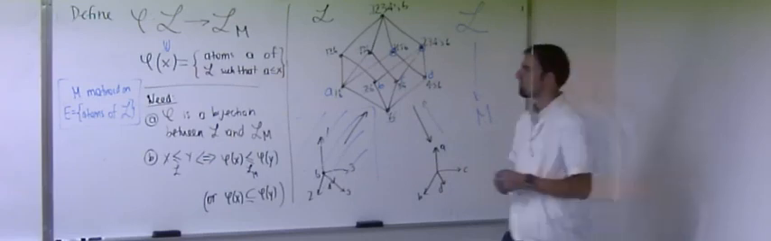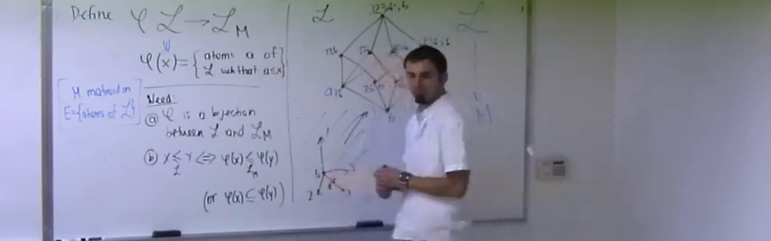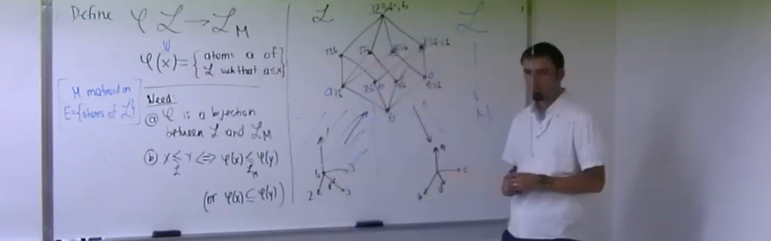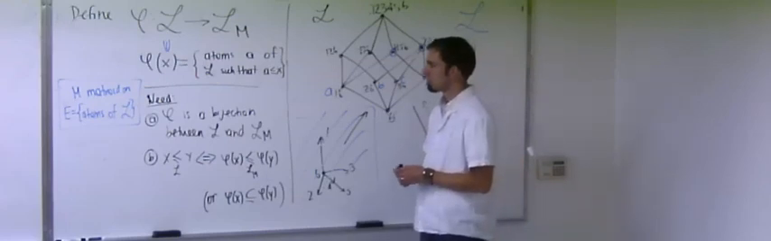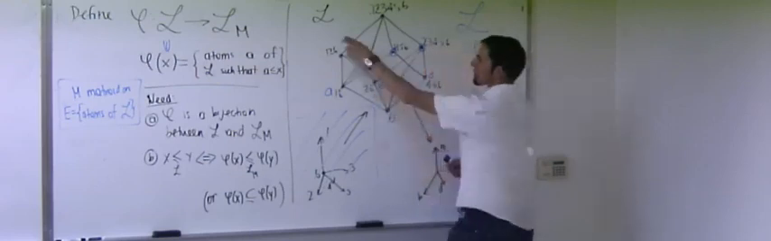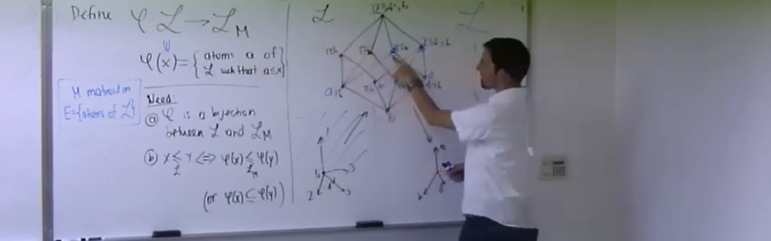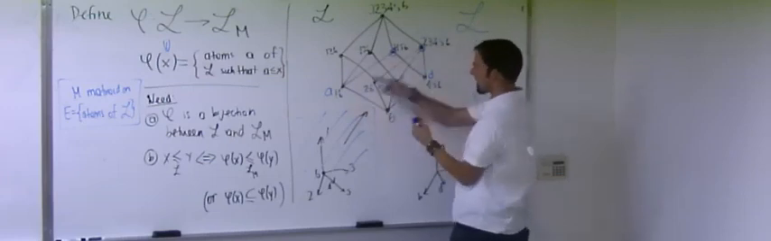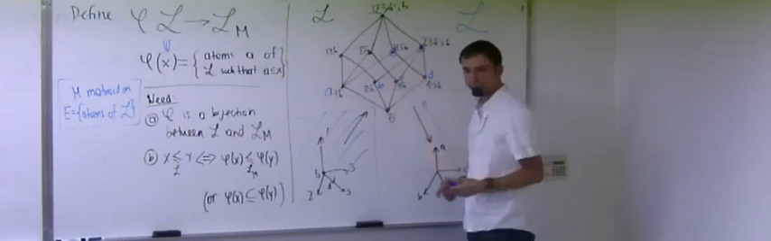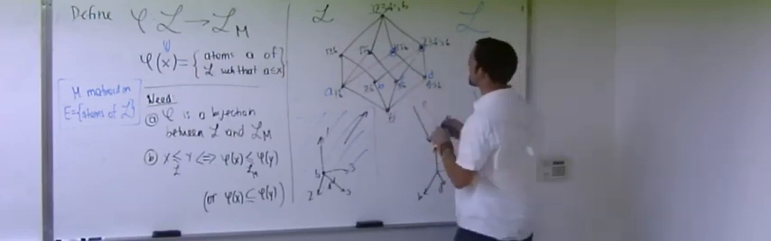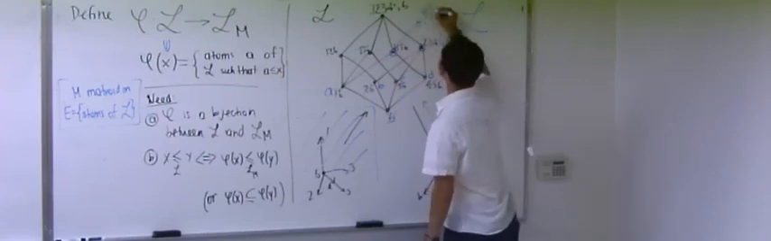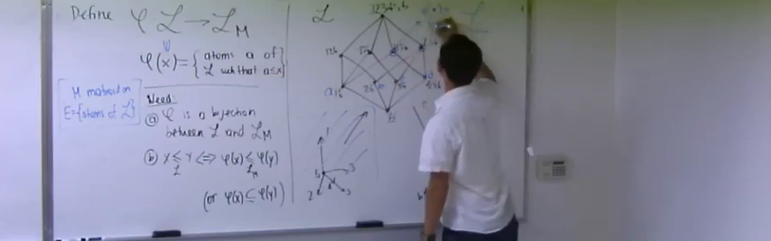Should our set, phi of x, equal the atoms of L sub M? No, just the atoms of L. Because you see, I started with L, and if I wanted to define phi of this element, I look at the atoms below and I say phi of this element is A, comma, D. Okay. So phi of this guy is A and